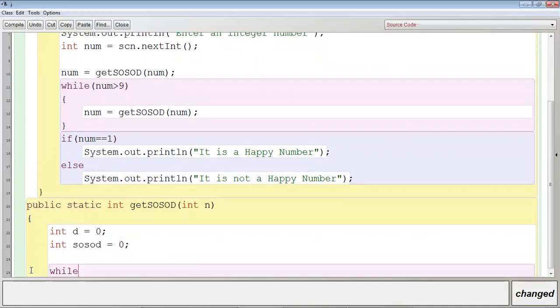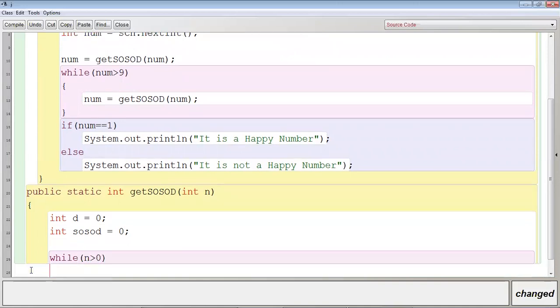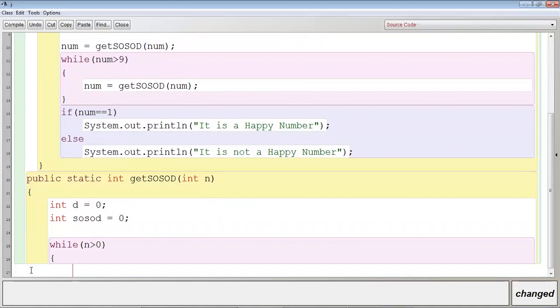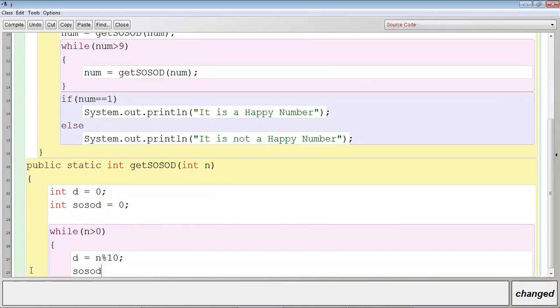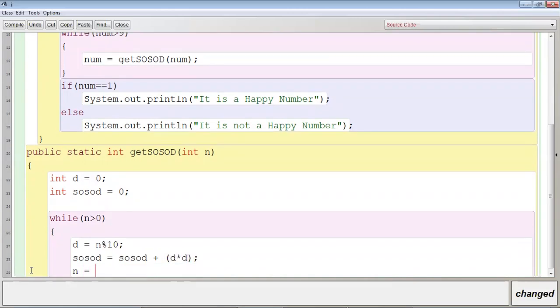Then one while loop, while n is greater than 0: digit, the extracted digit, is equal to n modulus 10, and then SOSOD is equal to SOSOD plus digit into digit. Then n is equal to n divided by 10.